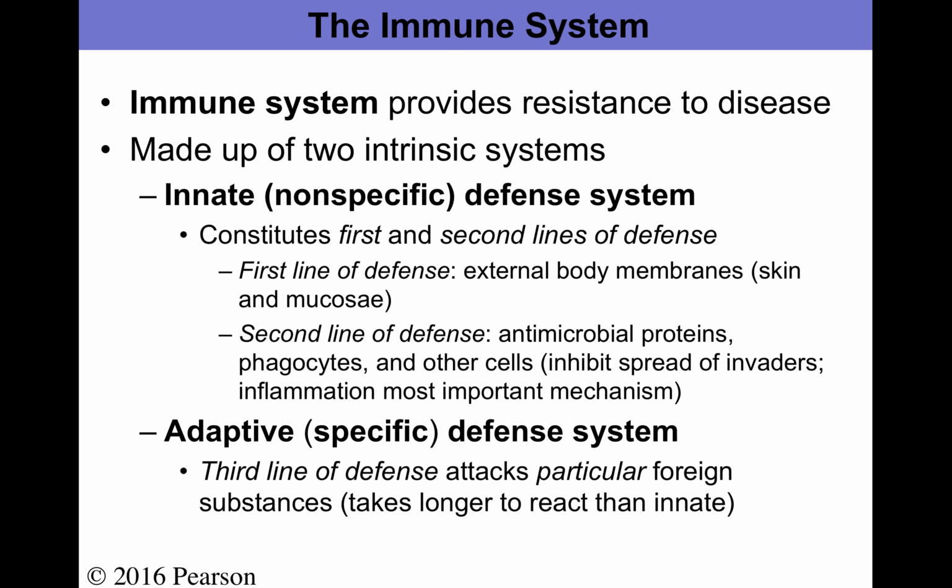And the second line of defense is when that pathogen, to use the general term, has been able to gain access to your body by passing the first line of defense. Then the second line of defense comes into act, where you have phagocytosis and other mechanisms such as inflammation and fever